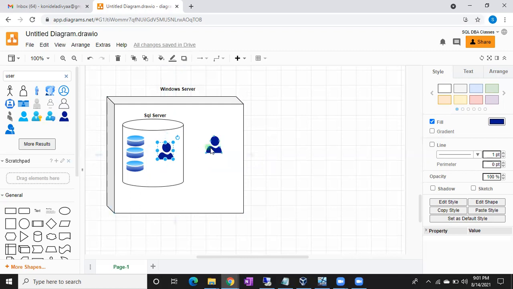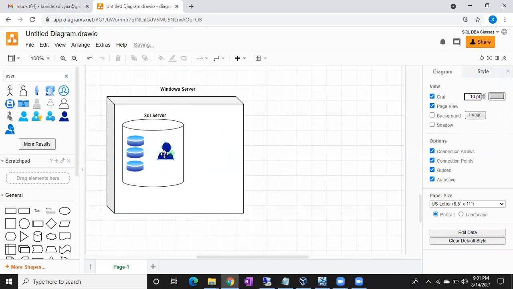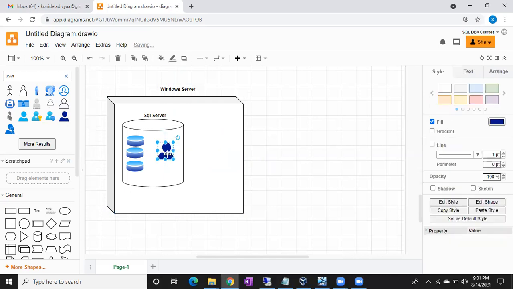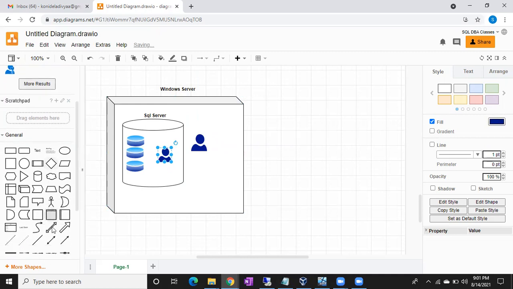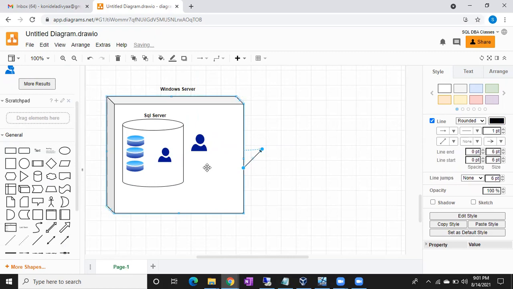Let me keep this login. So this is the Windows login, and on the basis of this Windows login, I have created this Windows SQL login. When you give permission on any database to this login, for this login you give permissions on this database. Right, and let me draw this as well for this Windows login.